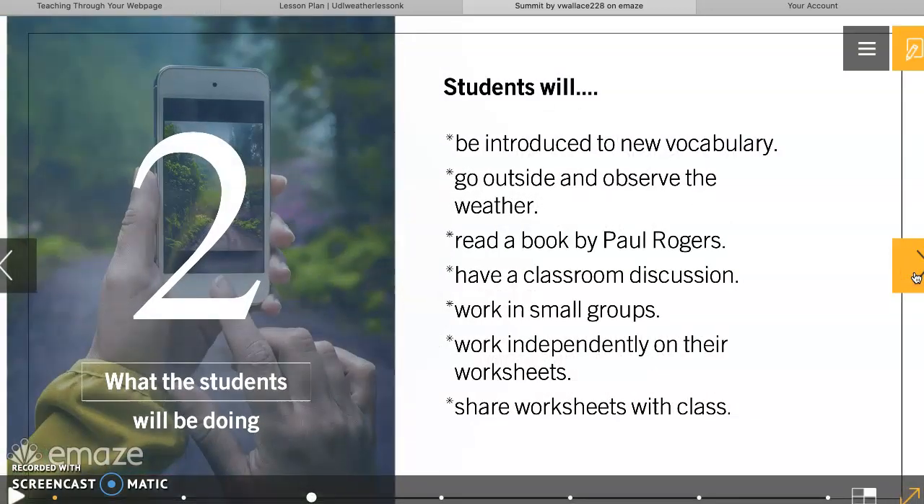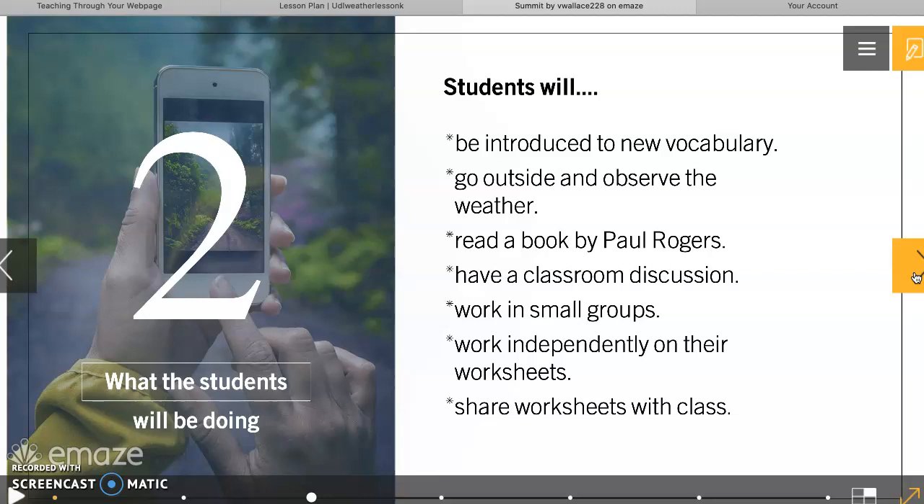In this lesson, the students will be introduced to new vocabulary. Observe, for instance, is a word that we are going to be using quite often. They will go outside and observe the weather. Then they will come back inside and read a book by Paul Rogers. We will have a classroom discussion about what they observed outside, about the book, the different types of weather patterns